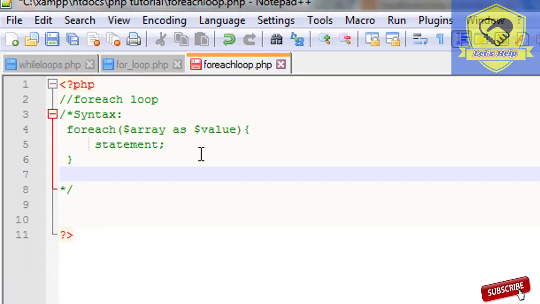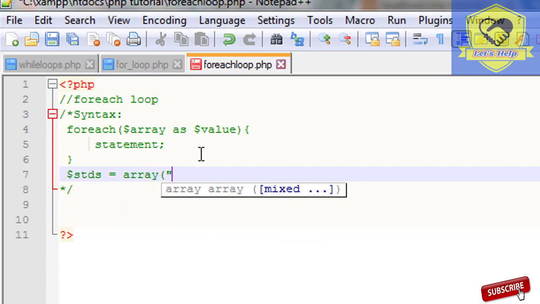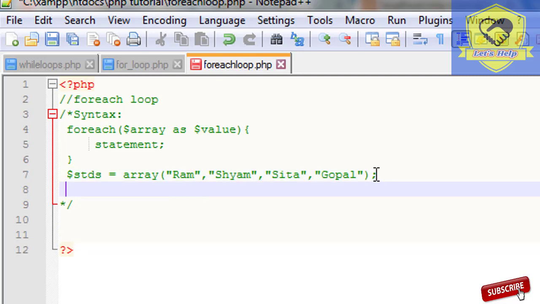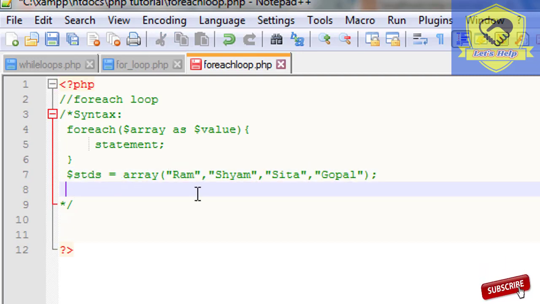Now let's create an array named student. $students equals array, then write the names of the students like Ram, Shyam, Sita, as many as you can. You can use Gopal. So here I have created an array named student, and under the array I have stored the names of four students. So in order to display this with the foreach loop,